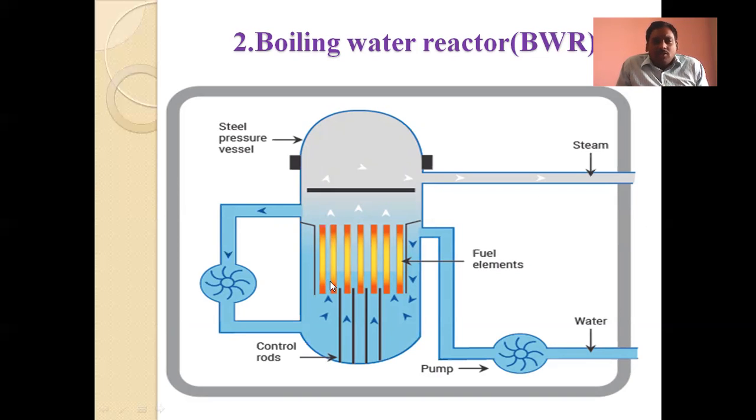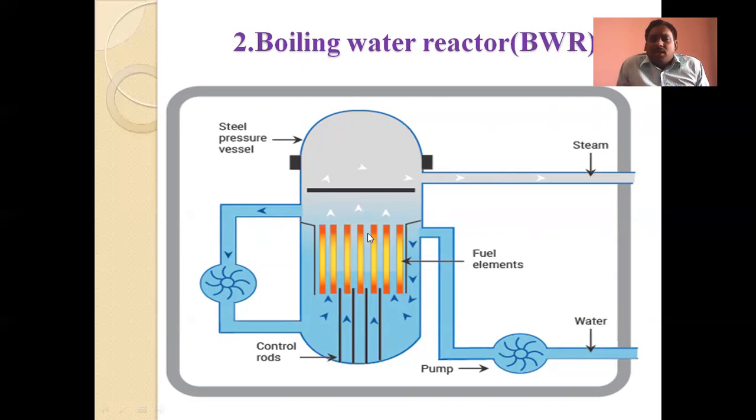Here in this boiling water reactor, this is the reactor steel pressure vessel, and these are the fuel rods, and in these fuel rods, water is used as a coolant as well as a moderator. These are the control rods, at the bottom. So in BWRs, the control rods are not at the top of the BWR; they are located at the bottom. Why? Because here at the upper side, water is there in the reactor.